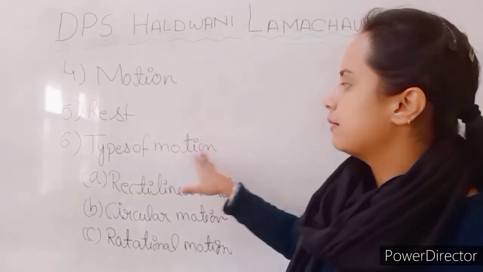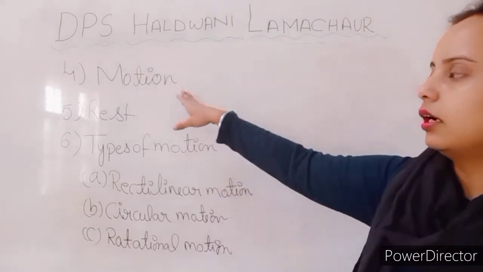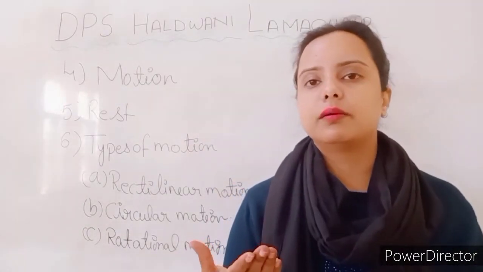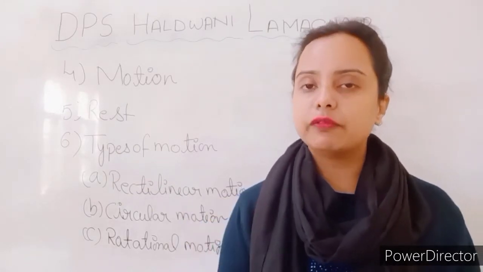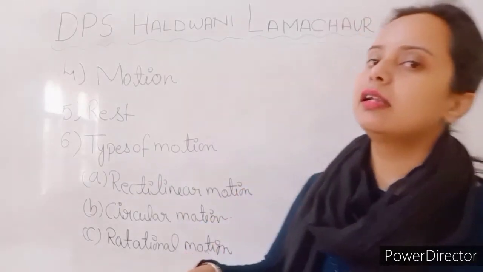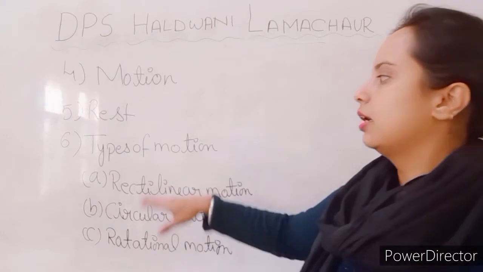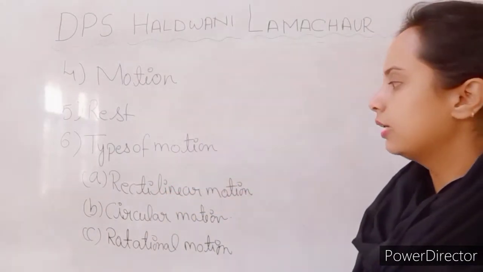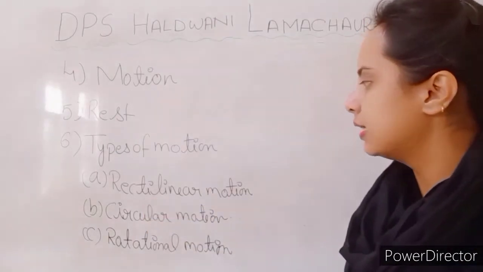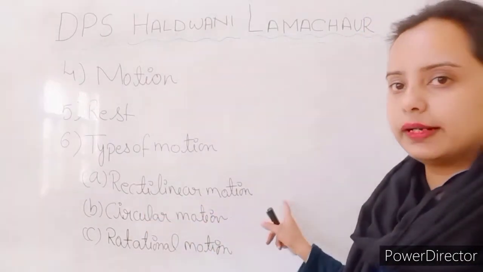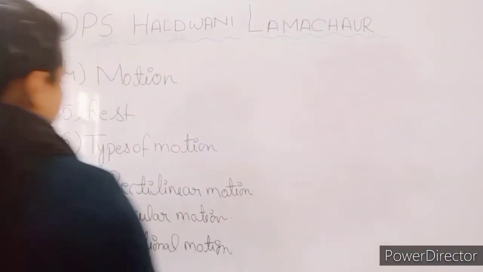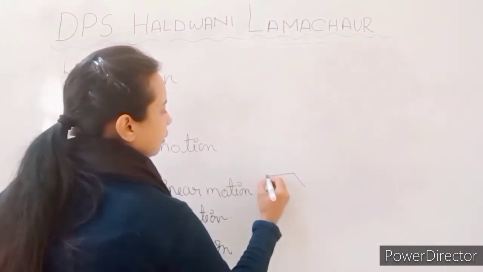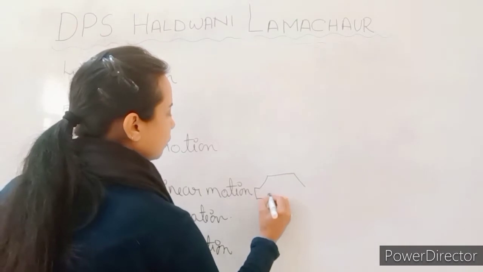Now the types of motion. I have to explain to you that if any object is moving, then we say that the object is in motion. There are different types of motion. The first one is rectilinear motion. What is rectilinear motion? When an object, here I am taking the example of a car,